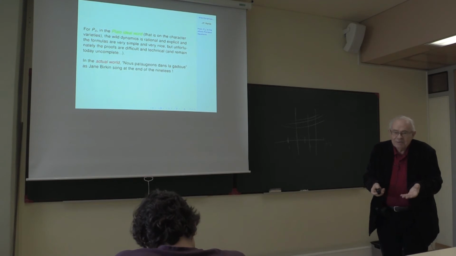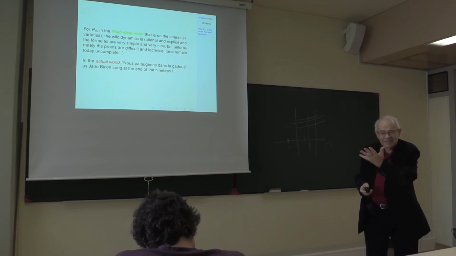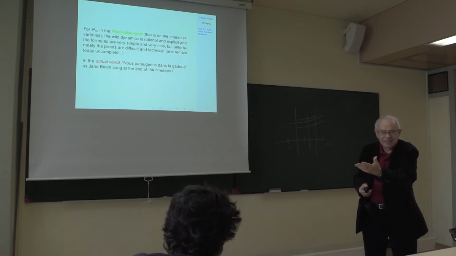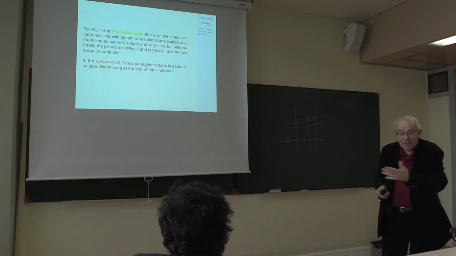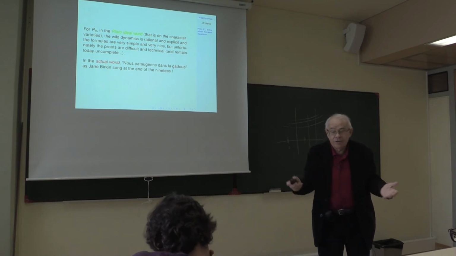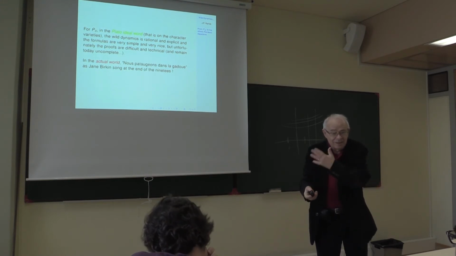Of course, in the actual world, the situation is more difficult because this ideal world is a reflection of the actual world by the Riemann-Hilbert map, and the Riemann-Hilbert map is complicated. It's highly transcendental. But anyway, you can extract some information. For instance, one of the ideas is that all the generic Painlevé equations are chaotic. That you can prove by looking at the dynamic in the ideal world.